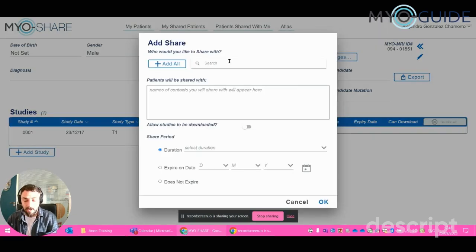In this project, we at least ask you to share it with Professor Jordi Diaz Manera. You could share it with the rest of the team as well. If you don't have time, since you're going to be uploading many MRIs, at least if you share it with Jordi, that should be enough. The actual expiry date of the project is the 31st of December 2025. If you have an ethics approval, you might only be able to share it until this date.